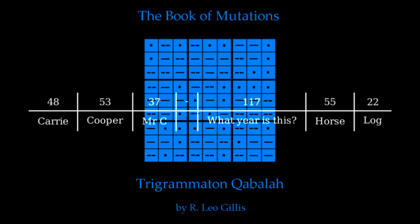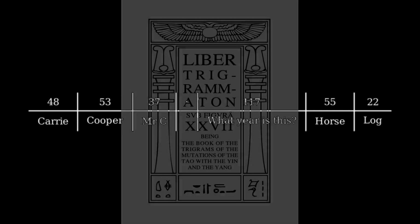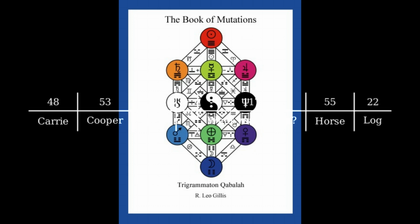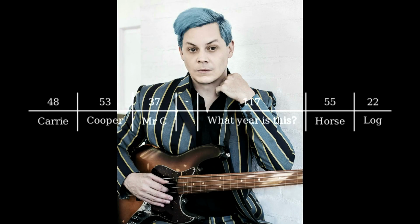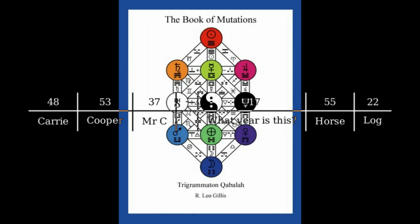TEG is a big deal in Thelemic circles. I won't bore you with all the details, but basically, Lynch didn't exactly invent Gematria riddles. This guy, Crowley, made a ton as well, and those have been solved with this Gematria system. Basically, if it's good enough for Crowley, it's probably good enough for Lynch. And so whoever cracks this Crowley one, or whoever did crack this, which by the way was a guy named Leo Gillis, he's Jack White's older brother, Jack White being one half of the band The White Stripes. They made that song Seven Nation Army that was popular 2 decades ago. Anyway, he wrote a book called The Book of Mutations. This is an insane read based on Taoist divination,